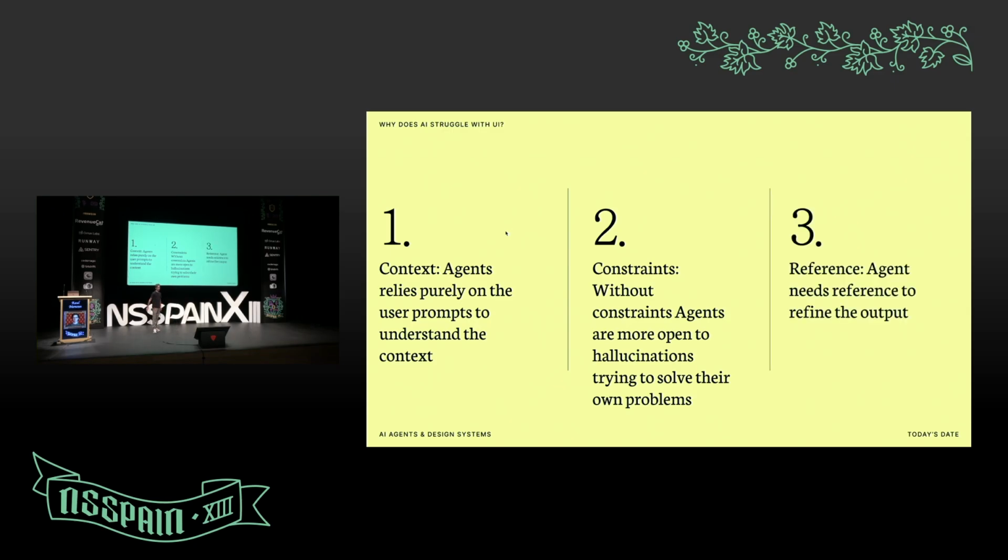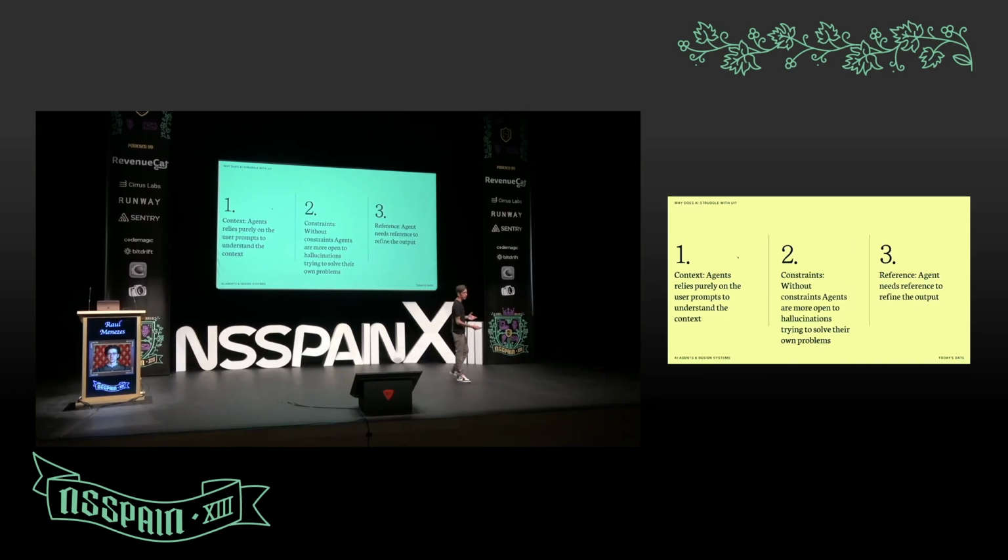This creates hallucinations because we are just preparing the context. And they need a better reference to refine the output, because just saying yes, the button could be yellow, without knowing visually how it looks, and understanding that AI is not at the point where it can create something from scratch, you don't get better results.